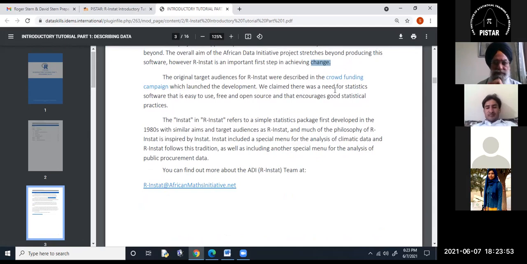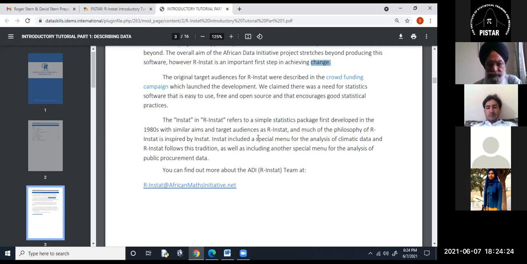We claimed there was a need for statistics software that is easy to use, free and open source, and that encourages good statistical practices. The Instat in RInStat refers to a simple statistics package first developed in the 1980s with similar aims and target audiences as RInStat, and much of the philosophy of RInStat is inspired by Instat.